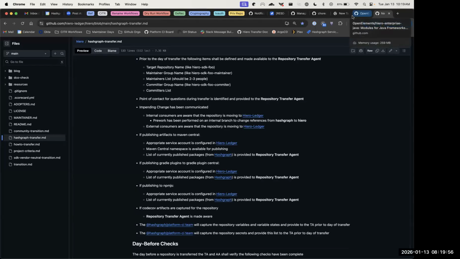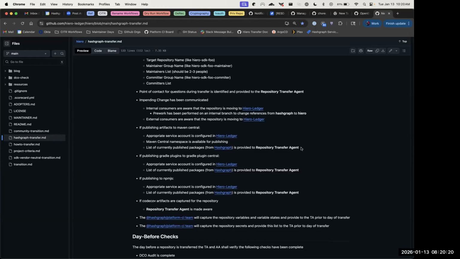Basically make sure that when we move, we're able to continue to target that location from the hiero-ledger organization instead of the Open Elements organization. Yeah, we discussed that